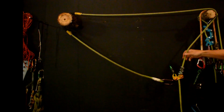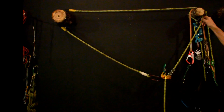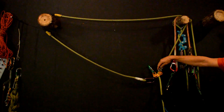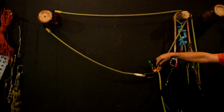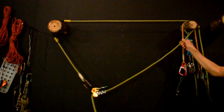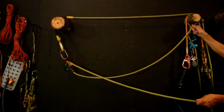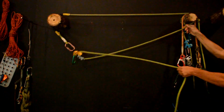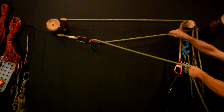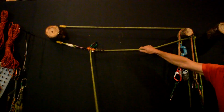And you keep all this slack in your climbing line, so it makes it really easy to send over to the destination tree. It's a zigzag, but I showed on another segment of the video setting this up with the Hitch Climber pulley as well. So you send this over to the destination tie-in point or destination tree, and then all you have to do is pull that snug. And I've put a considerable amount of tension on that and found it still very acceptable. So there's the configuration